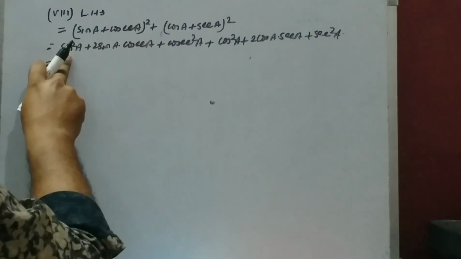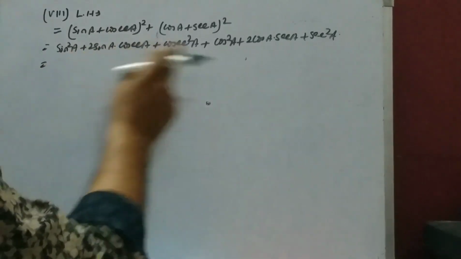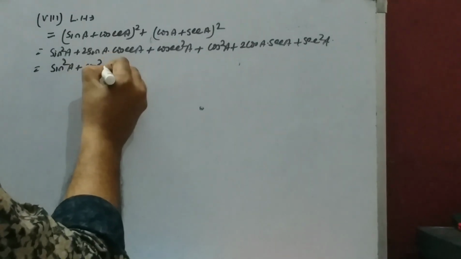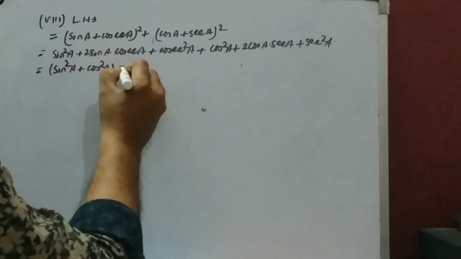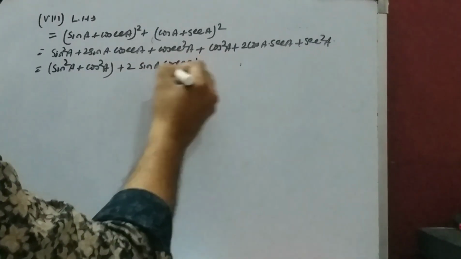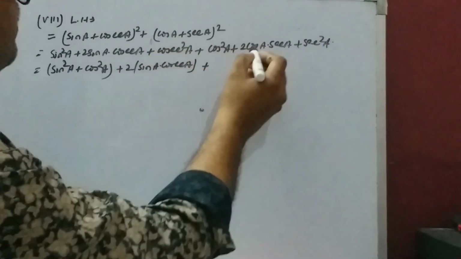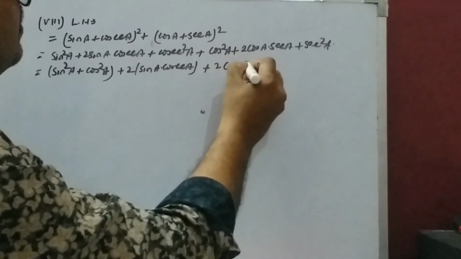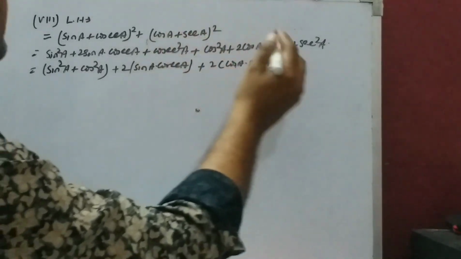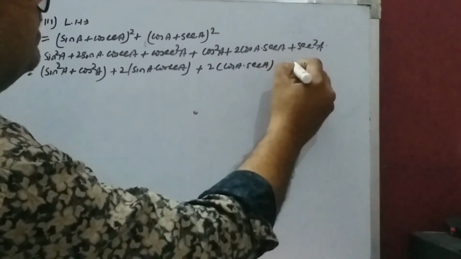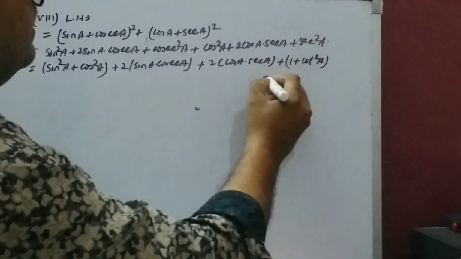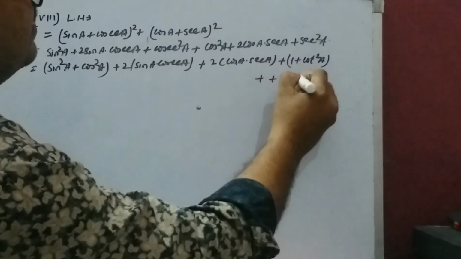And sin square A plus cos square A, write these two adjacent to each other. Cos square A and sin A into cos A. Write here sin A into cosec A under bracket, and these two, 2 cos A into sec A, and change this cosec square A into cot square A. So you will write here 1 plus cot square A, and for this sec square A, 1 plus tan square A.